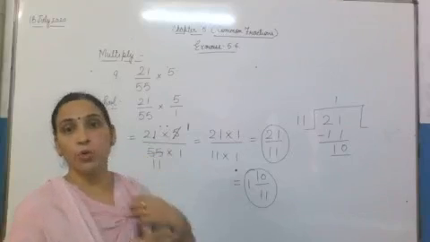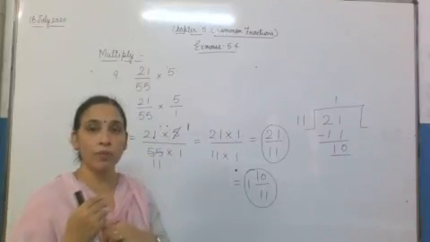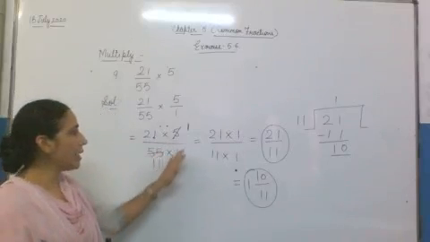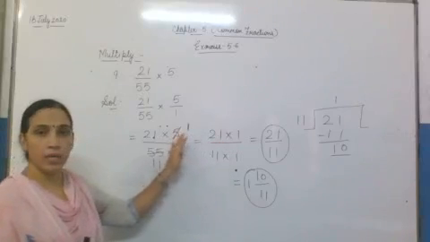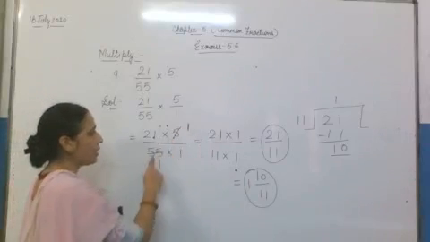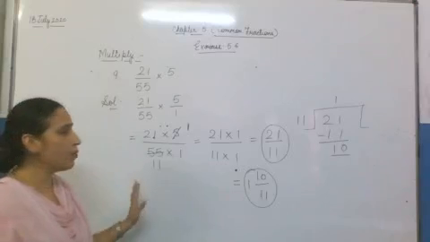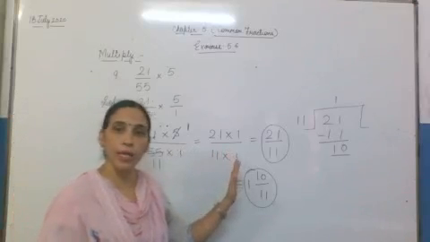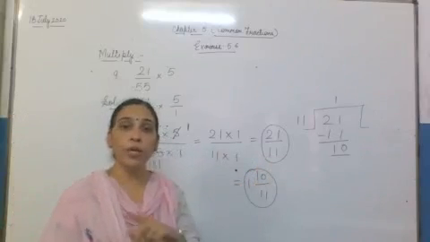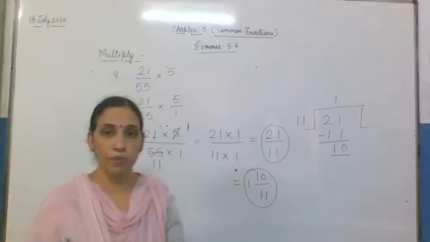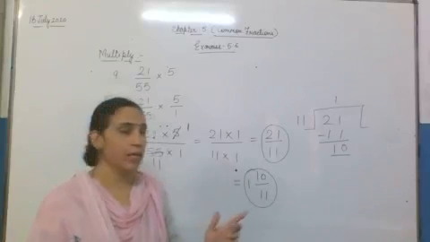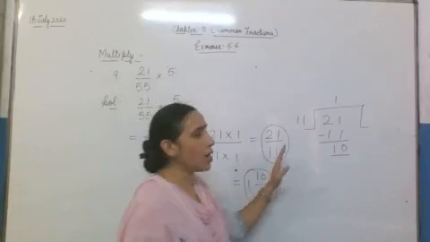If the numerator and denominator have any common factor, then in this step you will do cancellation, which means it will be cancelled by the common factor. Here 5 ones are 5, and 5 elevens are 11, and then we can multiply numerator by numerator and denominator by denominator. Now, if you get the answer as an improper fraction, then you are going to convert it into a mixed fraction. That is QRD.